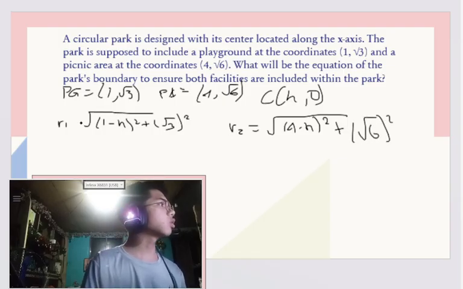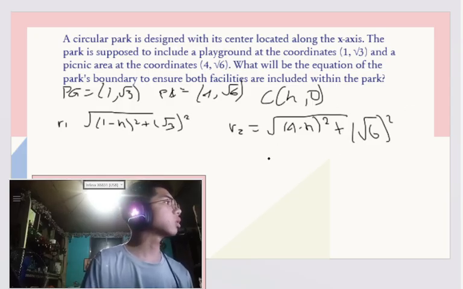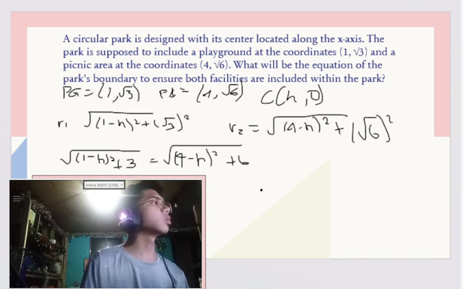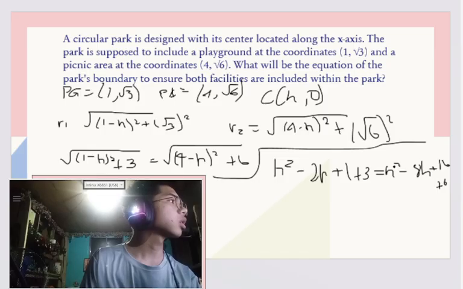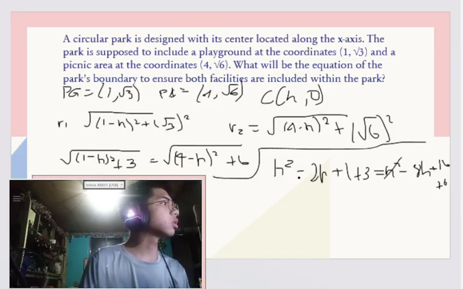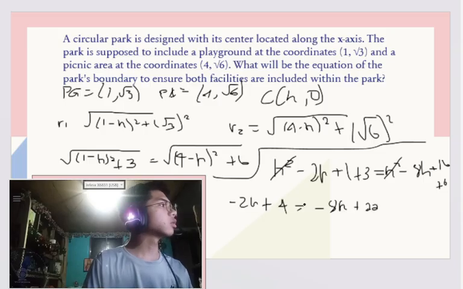So given we have the two equations, the first equation and the second equation, the next step is to equate them both. Now we're going to distribute or use the equal method. Since we have similar terms, we have to cancel them. Since these are cancelled, you have to rewrite it. You have to get the h.